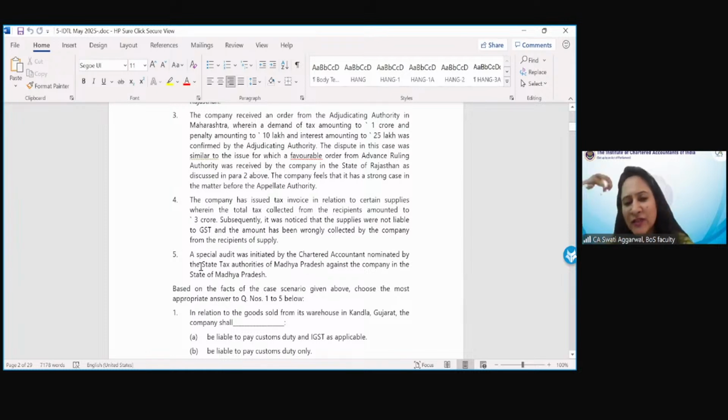If you will read the case scenario, you will see that many provisions which are generally not tested in the case scenarios have been asked in this case scenario. So it means you don't have to do the selective study. Like I feel the provisions of advance ruling, then the special audit, this appeals and revision is generally asked in the examination, so you must be aware of the correct provisions. But these 2-3 are generally not asked, right? So everything is important. You have to be thorough with all the provisions which are covered in the syllabus.